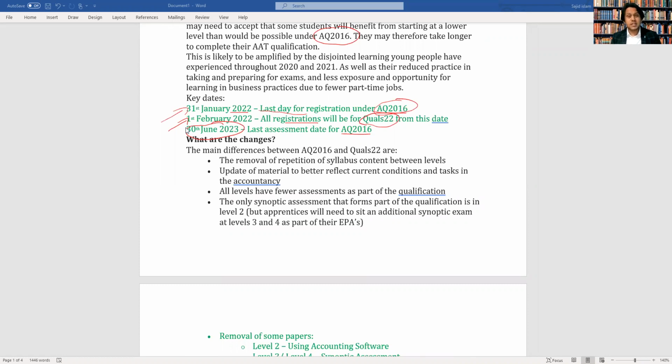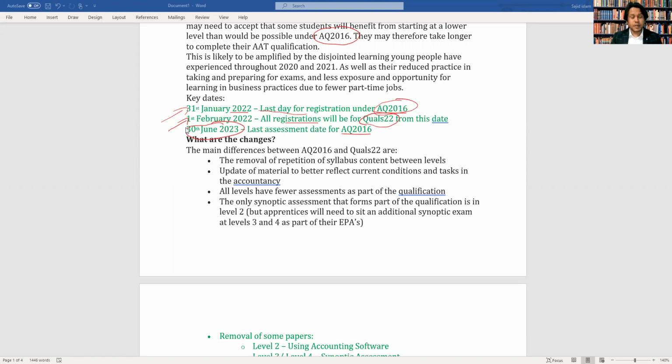Or if you're planning to start now with just level 2, please make a plan so that you know what's happening in 2023, so you can finish by this time. Or if not, then obviously you don't have to stress very much for that, because even if you move to the new syllabus, they will give you exemption anyway. It's not like they will say start from the beginning.